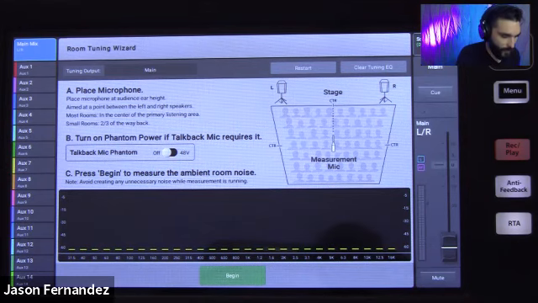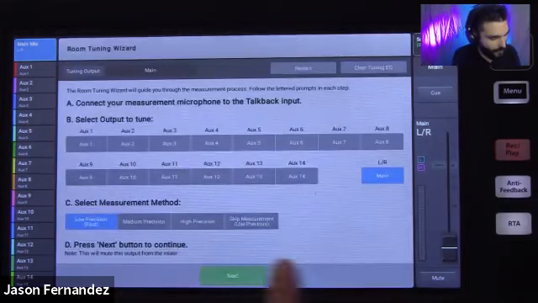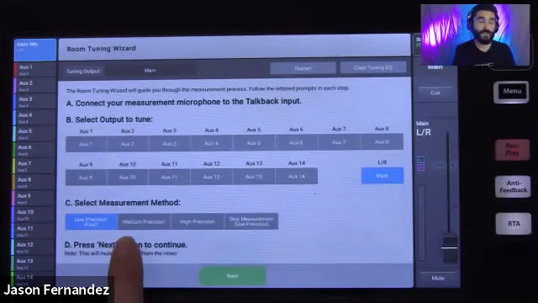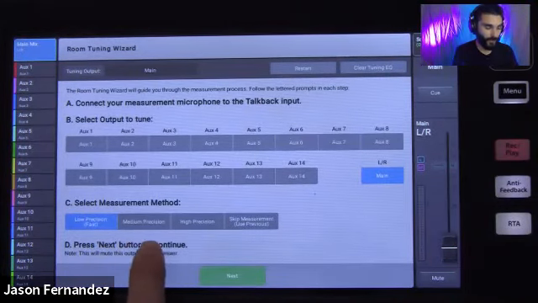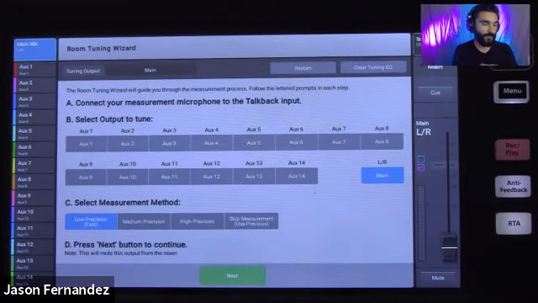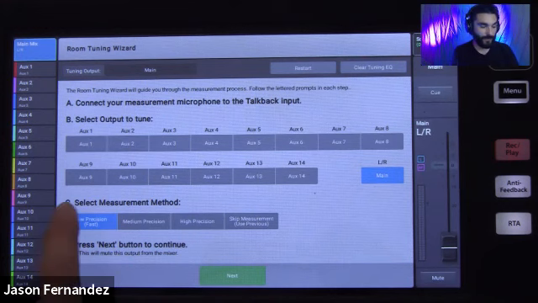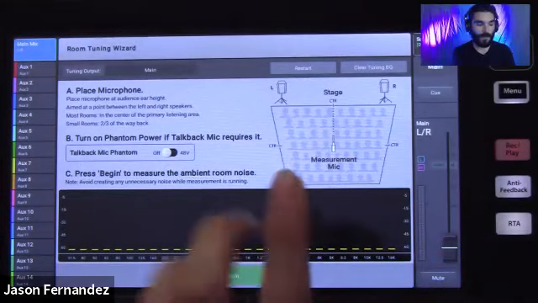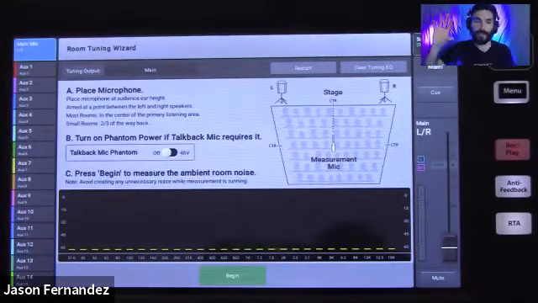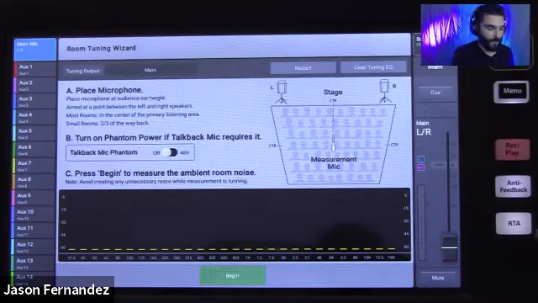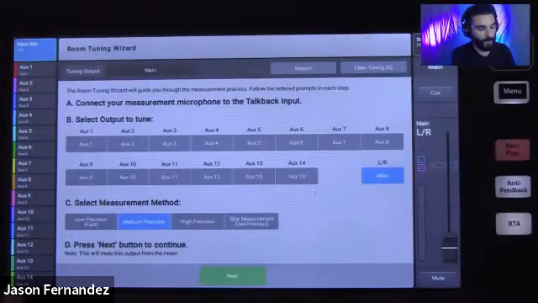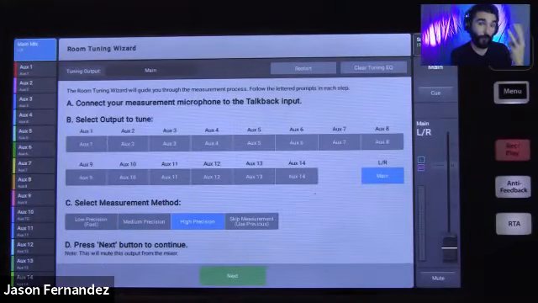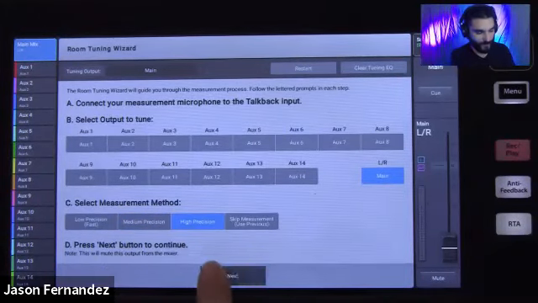Now, to back up a little bit about these different precision options here. What these are going to do is essentially take multiple samples as you step up through these options. So at the low precision here, when we advance to our next screen, it's going to tell you to place the mic right there, and then it's going to take that one measurement, and then it's going to give you an EQ curve based on that measurement. If I select medium or even high, you're going to get 2 measurements on the medium and 3 measurements on high. So once you advance here, you're going to get this screen.